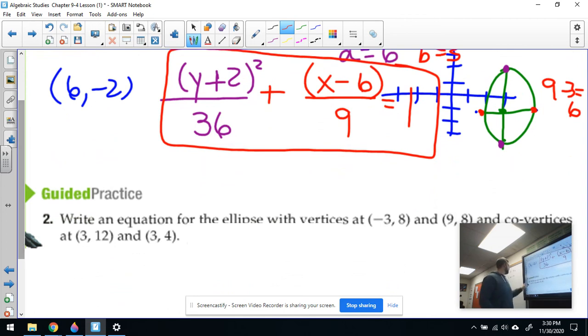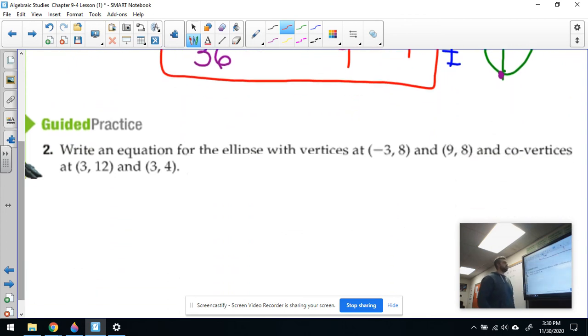Here's a guided practice problem that's looking at an equation. Vertices are at -3, 8 and 9, 8. Co-vertices are at 3, 12 and 3, -4. So hopefully, by our little trick, we can figure out where the center is, and we can write the equation